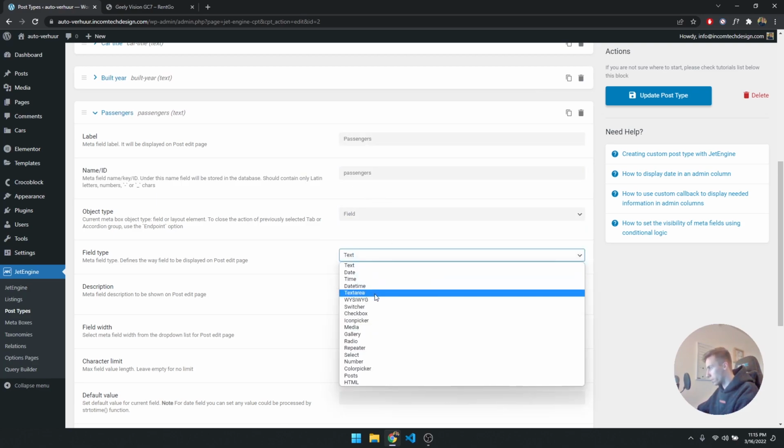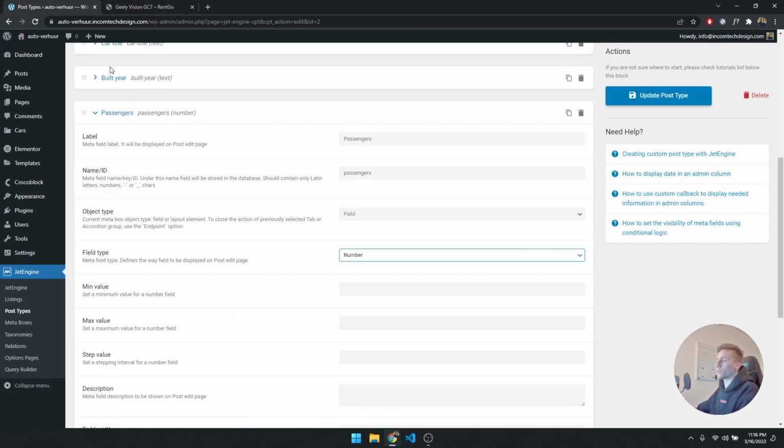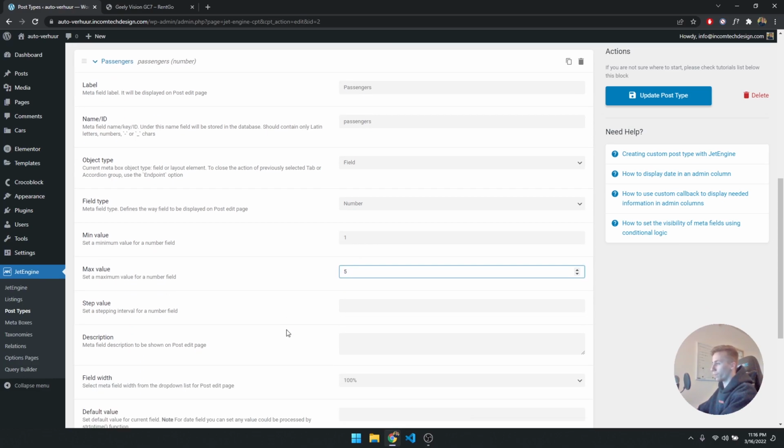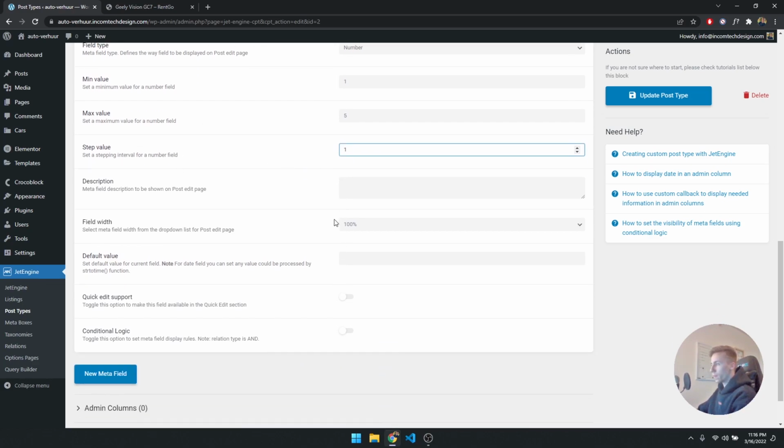For this one, I do want to have a number, as it's only going to be a number, nothing else. For example, you can say 2016-2017 if it's like in between a year or something like that. For passengers, it's only going to be a number, so I'm going to keep it at that. Minimum is going to be 1. Maximum is going to be 5. The step value is going to be 1, and the step value means whenever you're adding more persons or more people to this car, that it only steps with 1 at a time. Alright,